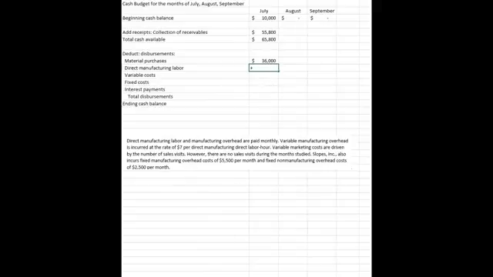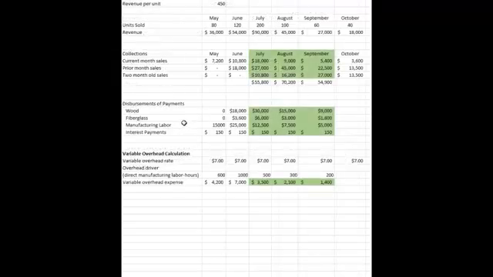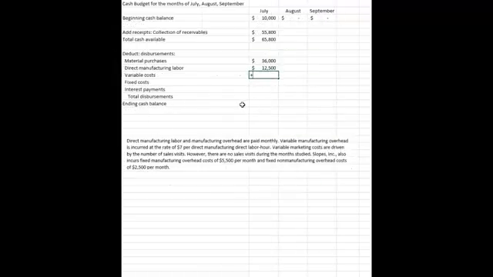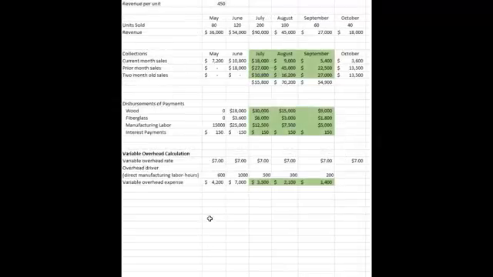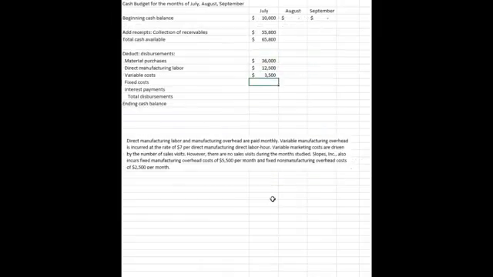My manufacturing labor is what we have in this cell, and for July it's 12,500. My variable costs are right here. We did that in the variable overhead schedule. My fixed costs we didn't deal with yet. It's easy. It's the same every month. That's what a fixed cost is, and they tell us in the problem. I pulled this out of the problem. It's $5,500 a month in